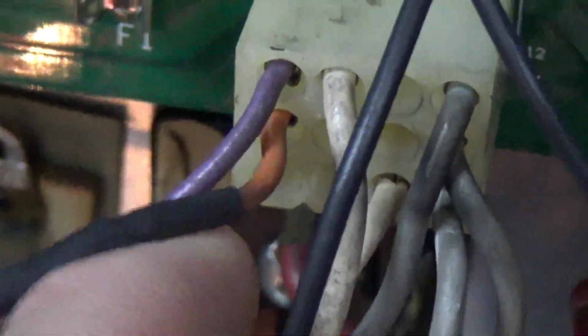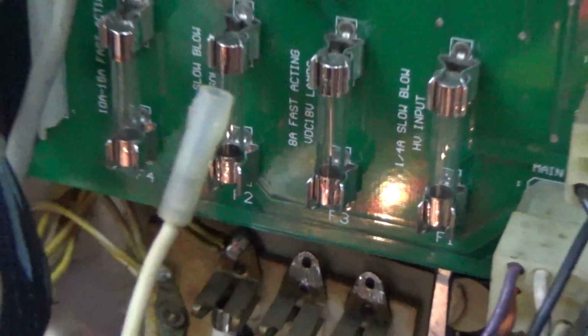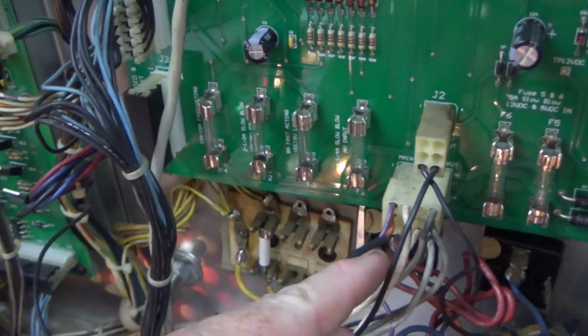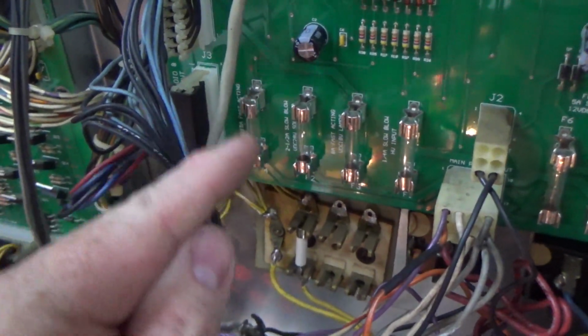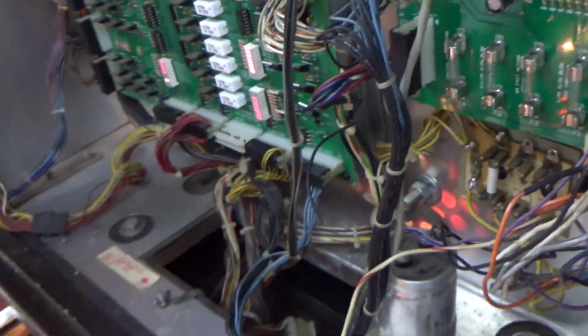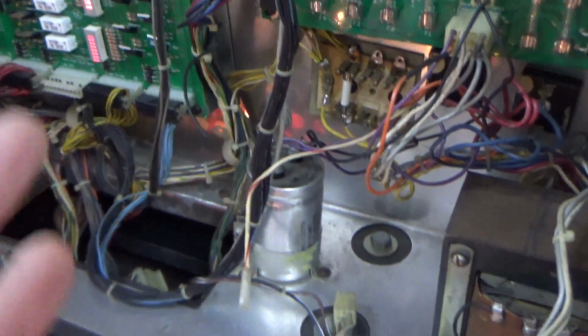It's not connected. Nothing's on pin 3. Okay, so something fell. So if we connect that here, it will then route it through this fuse, and then it comes out here, these 2 blue wires. Well, the 2 blue wires do run down to the flippers, so that's the proper wiring of this